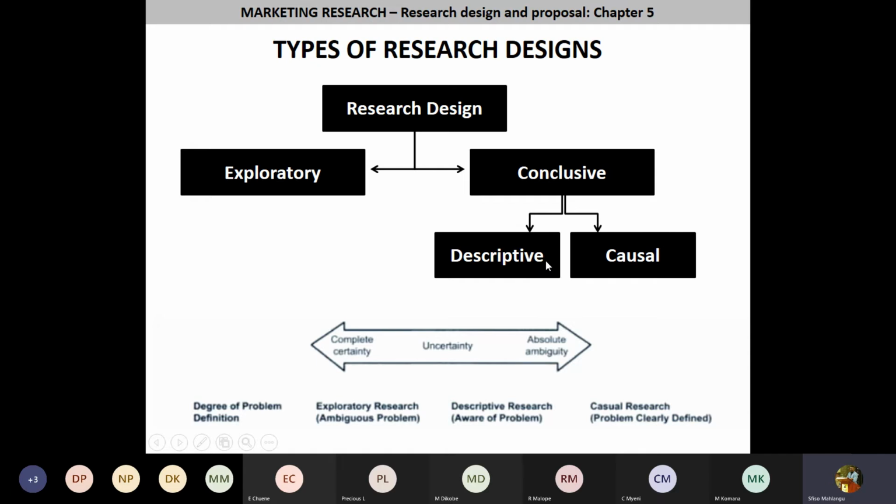But we need to talk about the difference between these 2, descriptive and causal. So we're going to start by unpacking each. Let's start by unpacking exploratory. So like I've indicated, this side you write qualitative approach, where it says conclusive, you write quantitative approach. Under exploratory research, there is quite a few things that you need to highlight in the textbook. On page 70, where it says exploratory research design,